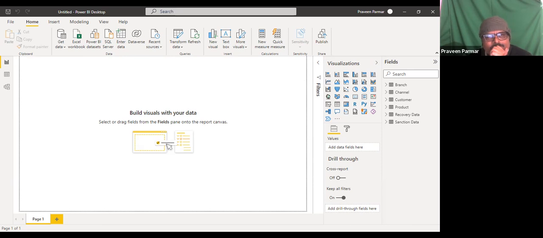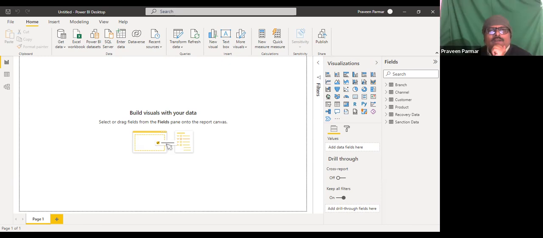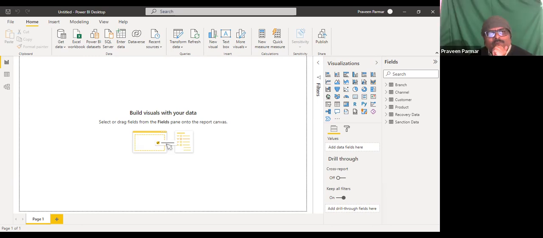Can you please repeat it again? Import data, you are importing a file, required tables or columns only. Excel sheet, CSV file like this. Got it? The direct query is you establish a live connection with your data source.